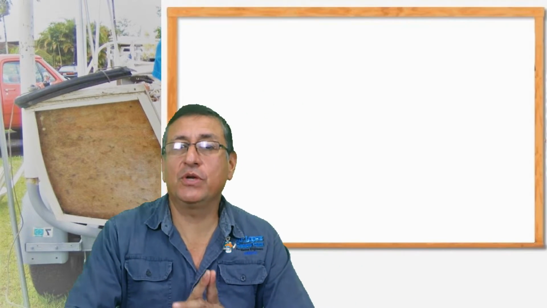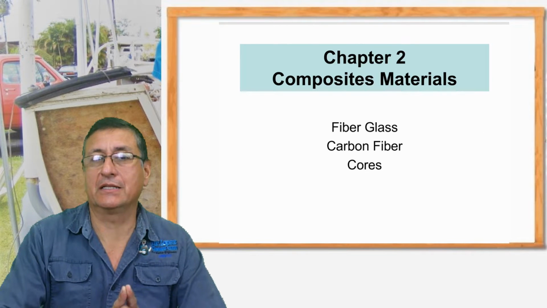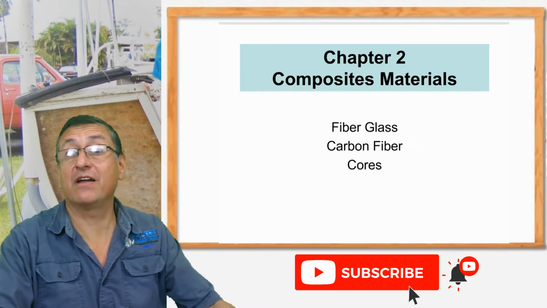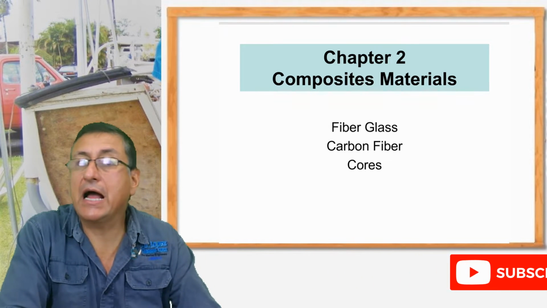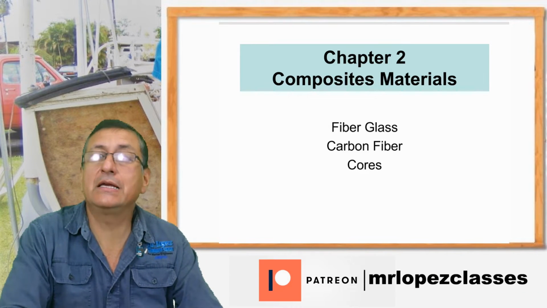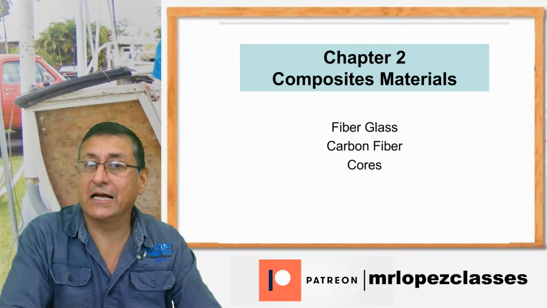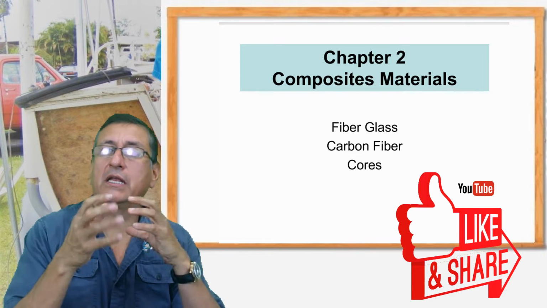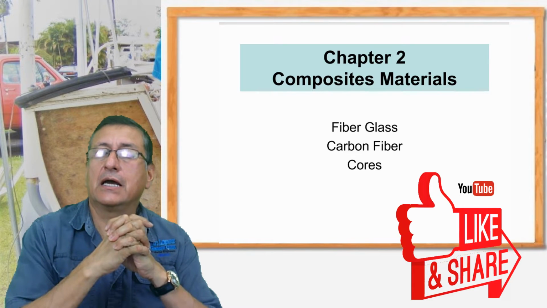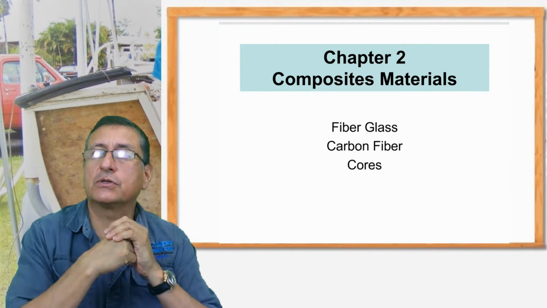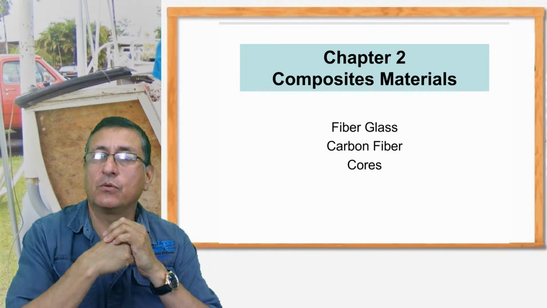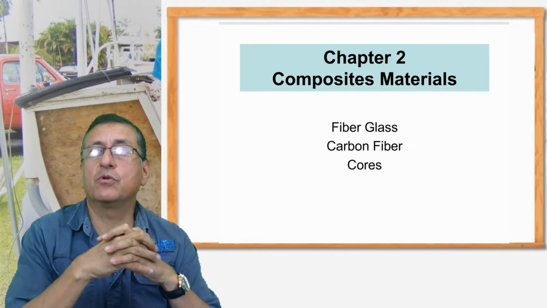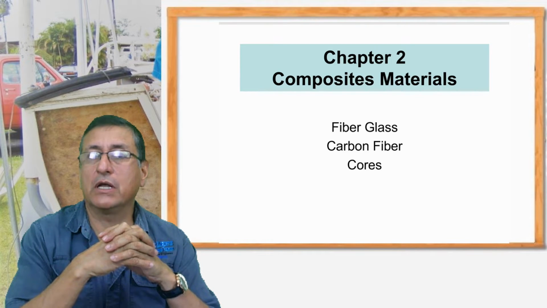Today we are going to continue in our book of composite materials, and this is chapter 2. In this chapter we are going to talk about the fibers, the different types of fiber, the carbon fibers and the silica fibers, the fiberglass and the carbon fiber, and how those fibers combined with different types of resin produce wonderful structures, heavy structures with excellent qualities superior to the qualities of famous ferrous alloys and non-ferrous alloys used in